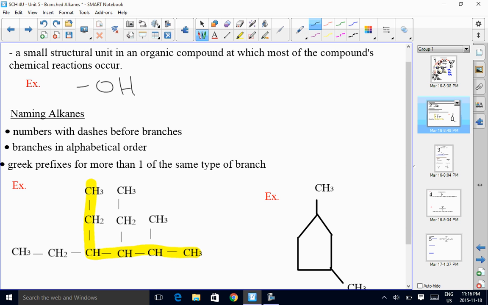So this would give me 1, 2, 3, 4, 5, 6. So you either number it from left to right or right to left, depending on what gives you the smallest combination of branches. Okay, so if I were to number it the other way, let's just show you. 1,